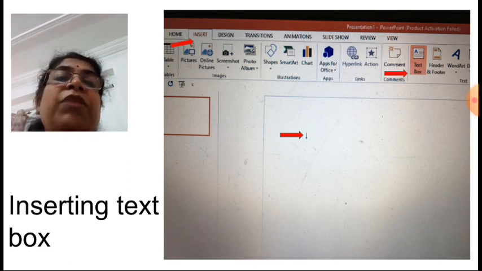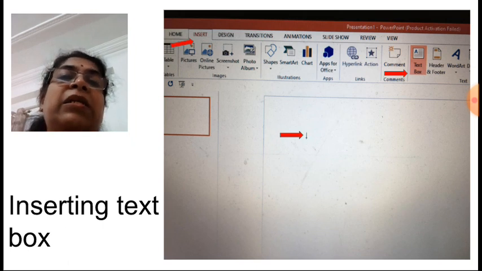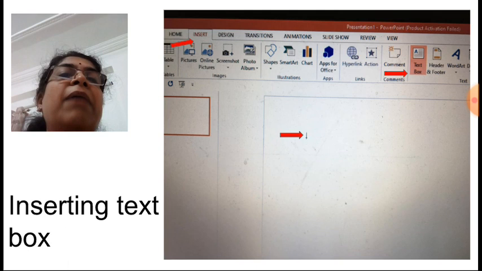So for that we need a text box to be inserted. How to insert a text box? For that, place the cursor at the desired location. Now at the desired slide where you want to insert the text box, go to the Insert tab and click on that and select the text box option.